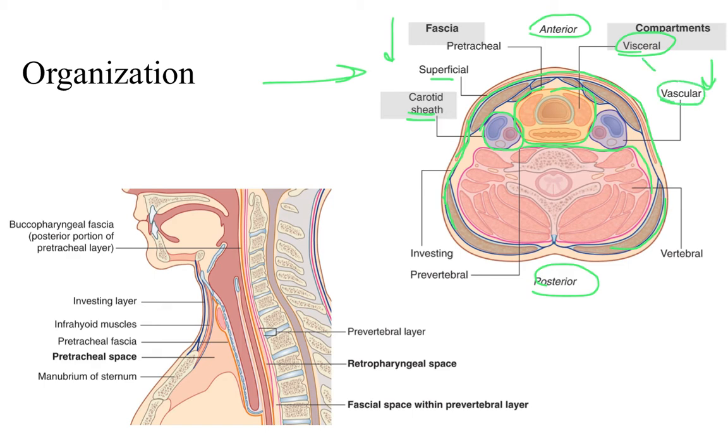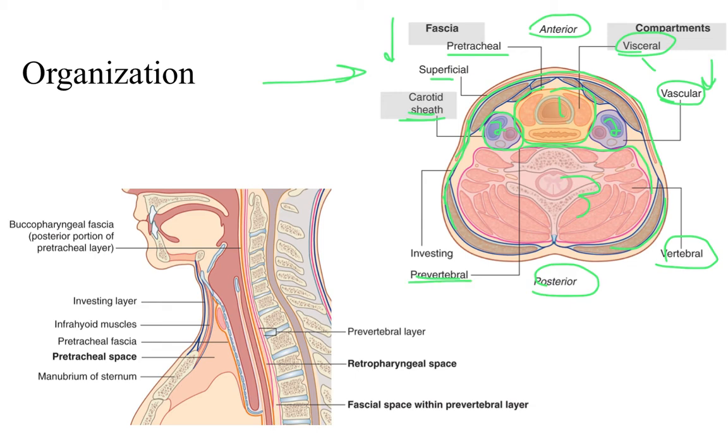And then what the prevertebral fascia surrounds is going to be considered the vertebral compartment. So we have 1, 2, and there's two sides, so number 2 has a left and a right, and 3 compartments,